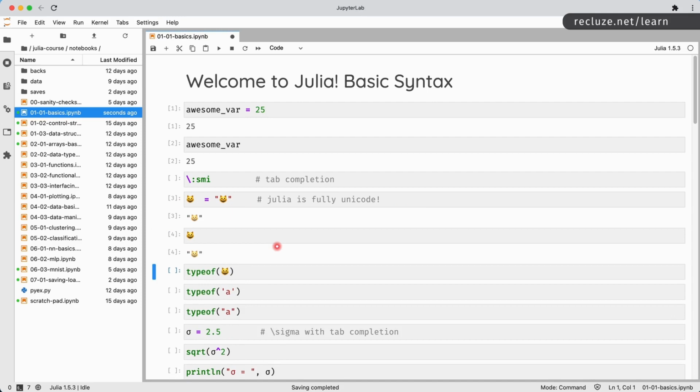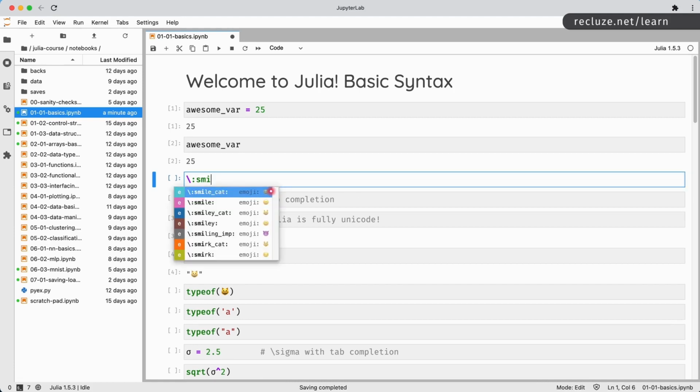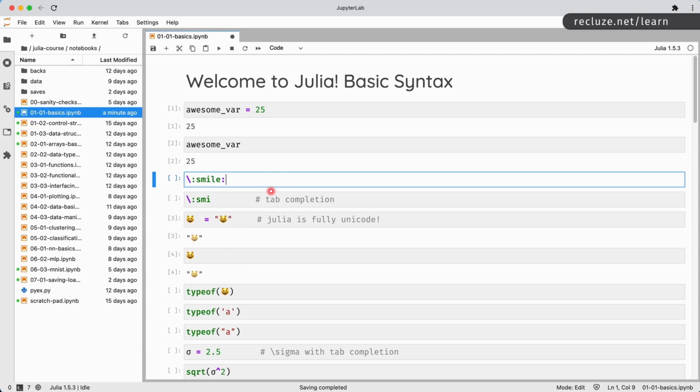So this seems weird. And the way to type this is to go ahead and say \:smi and hit tab. That is going to give you a pop-up and you can select whichever smiley you want. So for instance, if you need this, you hit enter and then you hit tab again, right? So enter. It seems weird, but you're almost never going to use smileys in your notebooks, right?